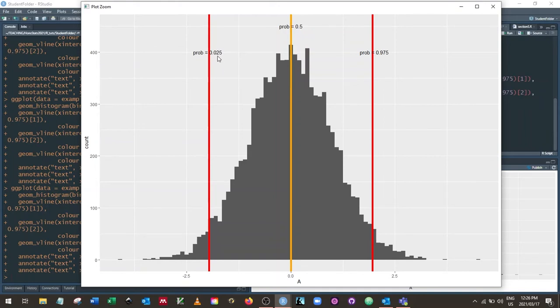It says 0.025 in this case. And in this case, it says 0.975. And so in the same way, where this line represented a probability of 0.5 for any value in our data to fall below or on this side, in this gray area,